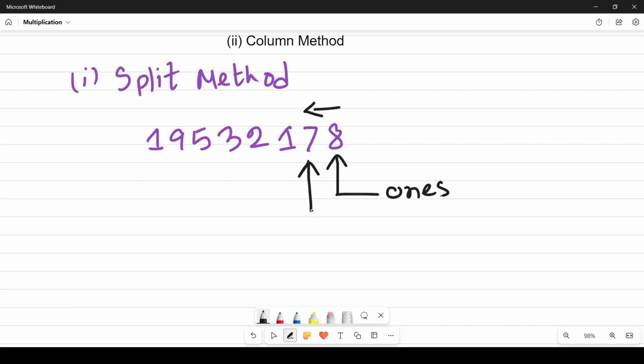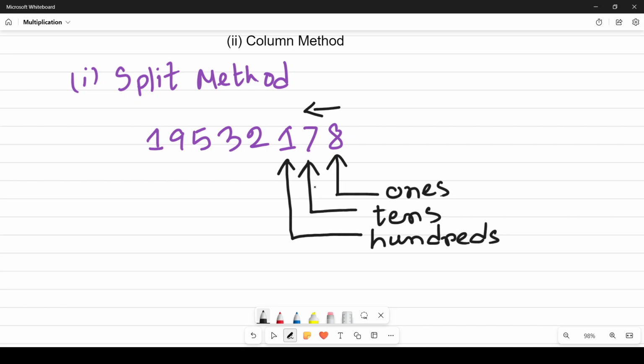The second place is called tens, and the third place is, we all know, hundreds. Then the fourth place, we call it thousands, and then we have